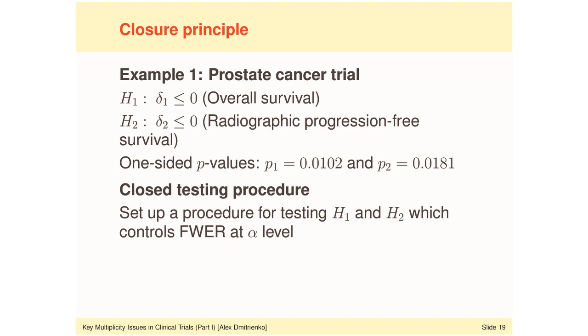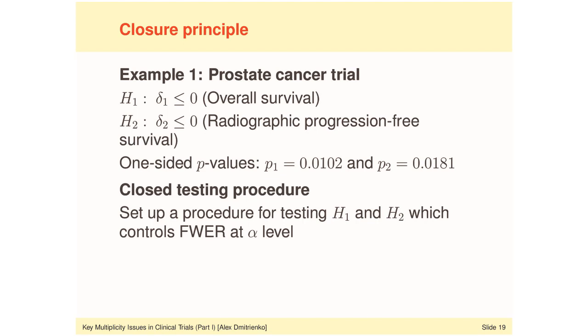delta 1 and delta 2, and those deltas represent the true treatment differences based on the log hazard ratios for those two endpoints. We're going to assume, for the sake of illustration, that we have computed the one-sided p-values for those two endpoints. Those p-values are shown on the slide. The p-value for the overall survival endpoint is 0.0102, and the p-value for the radiographic progression-free survival endpoint is